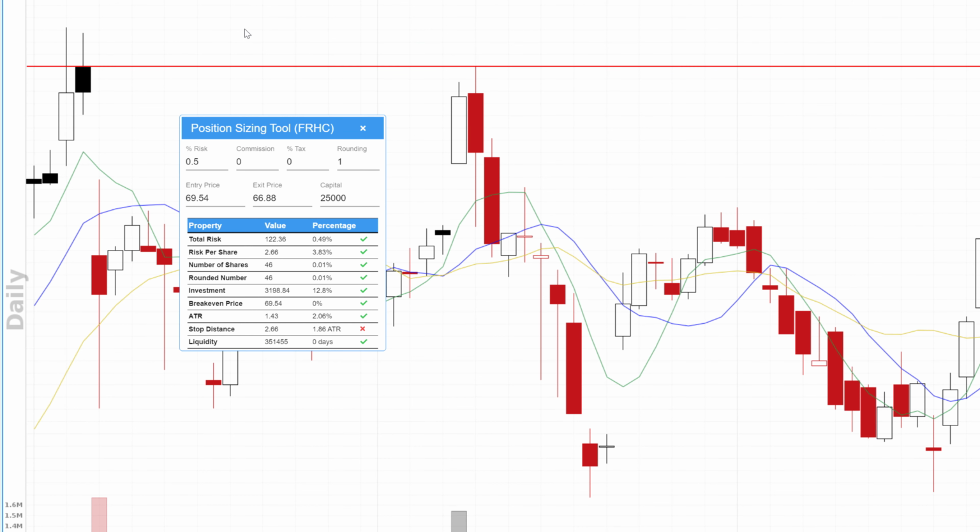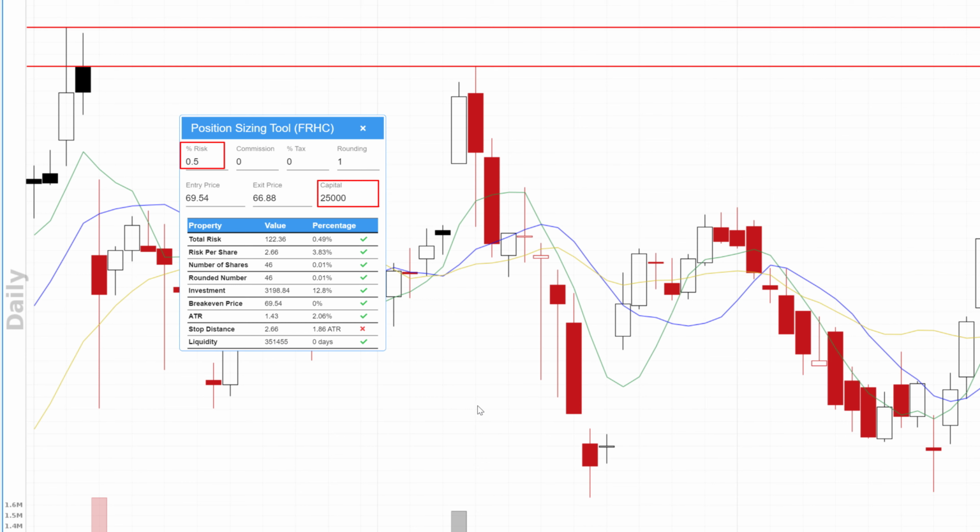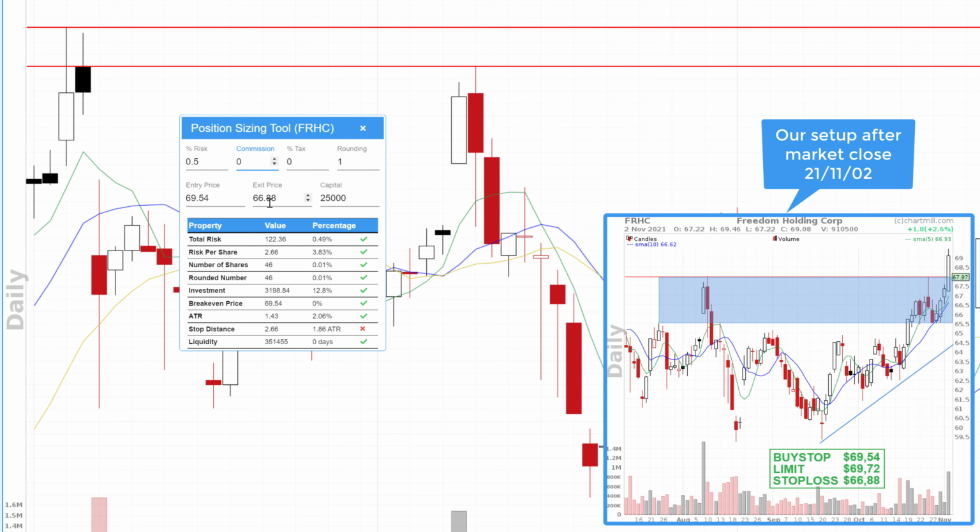such as your available trading capital and the risk percentage per position taken. If you want to, you can also enter the broker fees and any other taxes. ChartMill will also take these things into account in the calculation of the parameters, which will be displayed below the input field. Once you've entered the basic data, along with your entry and stop loss levels, ChartMill will show you